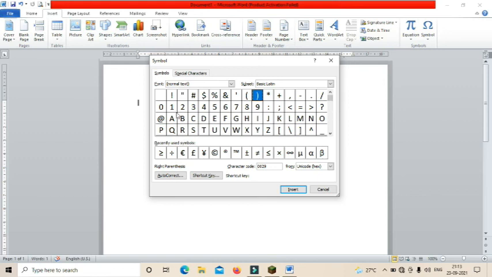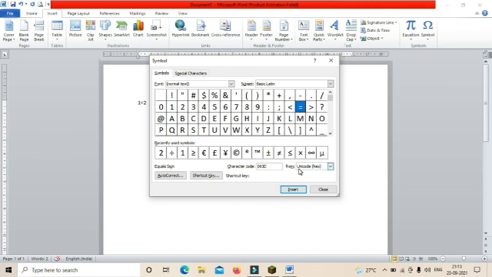If I want to make an equation like 1 plus 2 equal to 3, I can select 1 and insert, then select the plus sign and insert, then the next number 2, insert, and then the equal to sign.